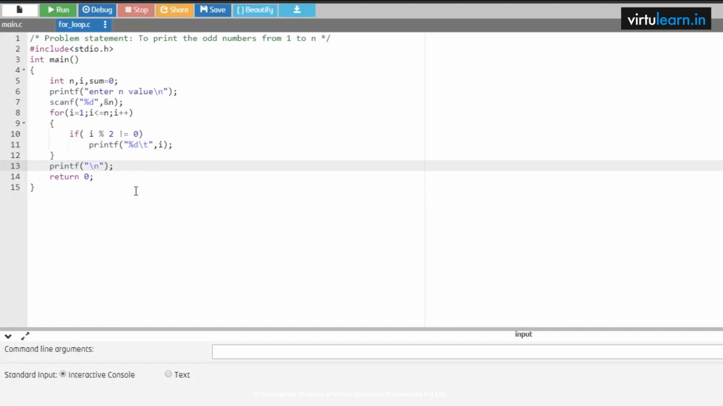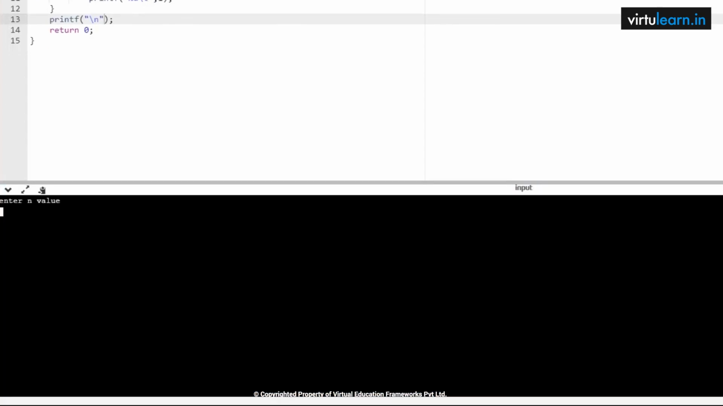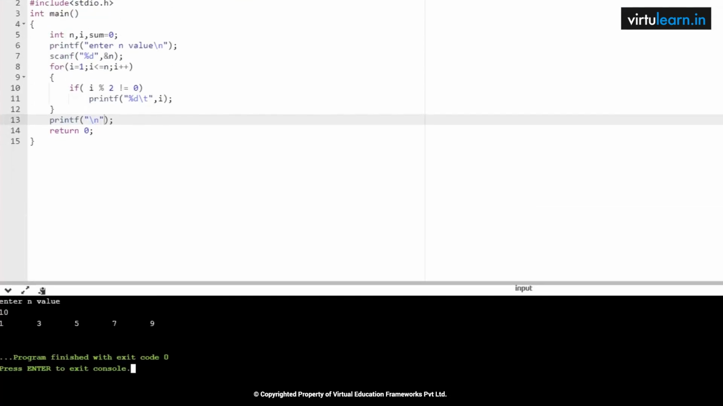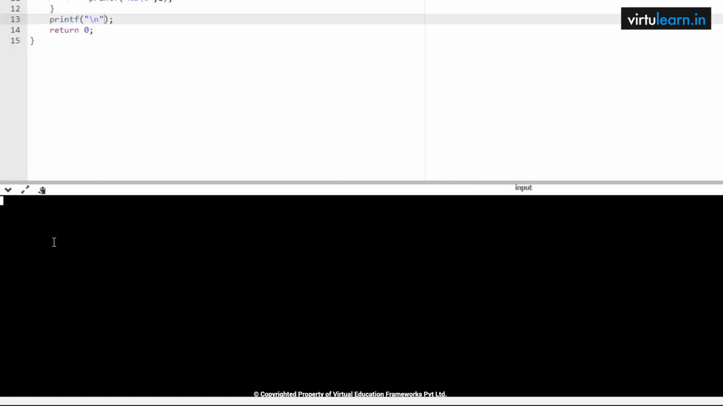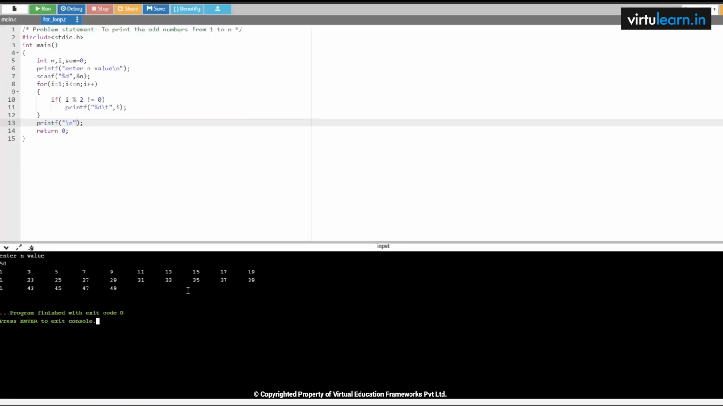So this is how we print only odd numbers from 1 to n. Let me give the n value as 10 and check whether I am getting all the odd numbers or not. 1, 3, 5, 7, 9. If it is working fine, give it another range of numbers. So this is how we need to check for all the test cases. So it is working fine, right? Next,